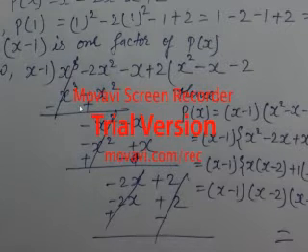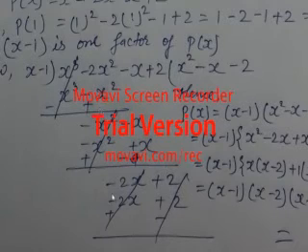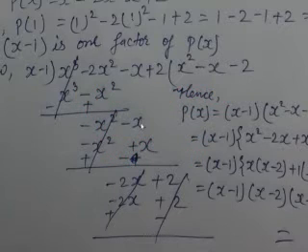What happens in subtraction? The sign changes. If there is no sign at the front, that means there is plus, so that changes into minus, and here was minus, so that changes into plus. So the upper plus and below minus get cancelled, and here upper minus and below plus, two different signs are there, so it will be subtracted, and the sign will be of the bigger number, minus 2x square plus x square, so it becomes minus x square only. From here again minus x comes down.